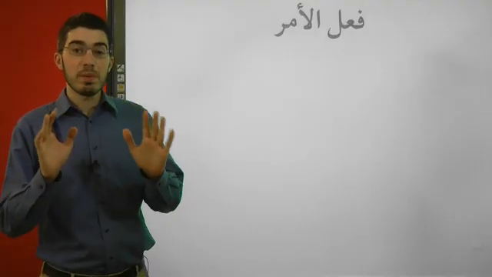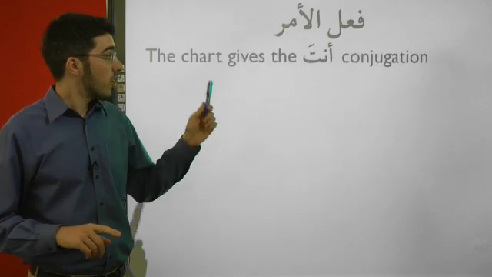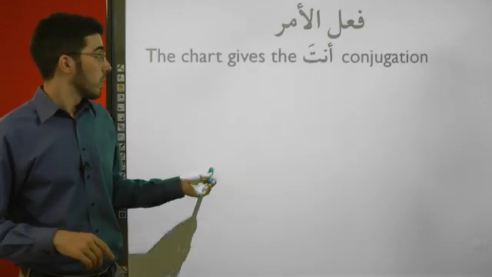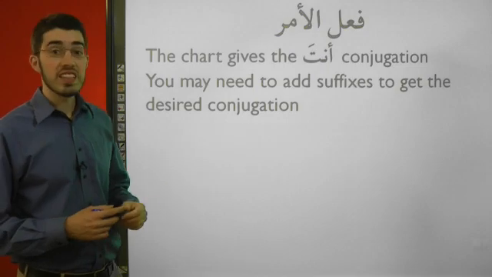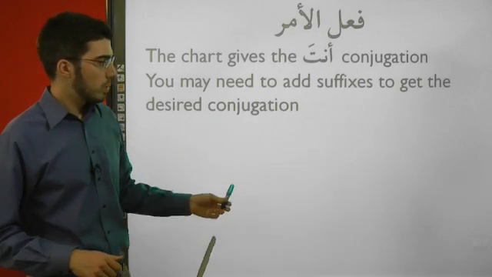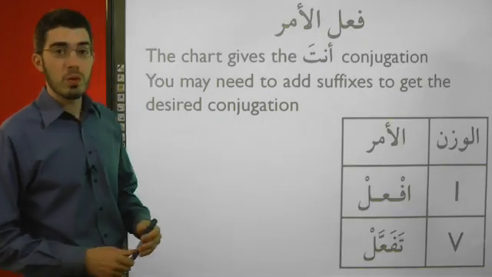So notice a few things about the chart. Point number one, the chart only gives you the anta conjugation, which means that you may have to add suffixes to get the desired conjugation. Notice, for example, if we zoom in on the bottom right here, we have the wazn, forms 1 and 5, and